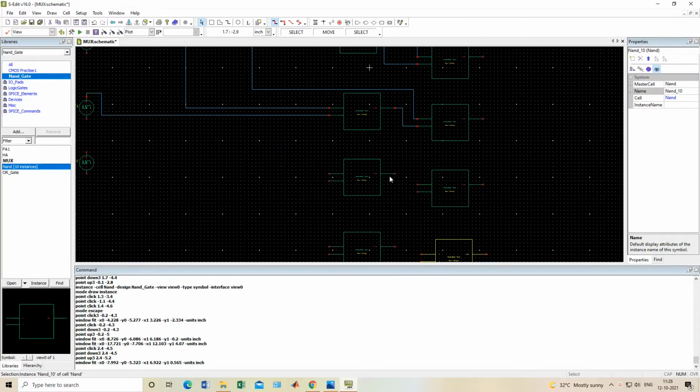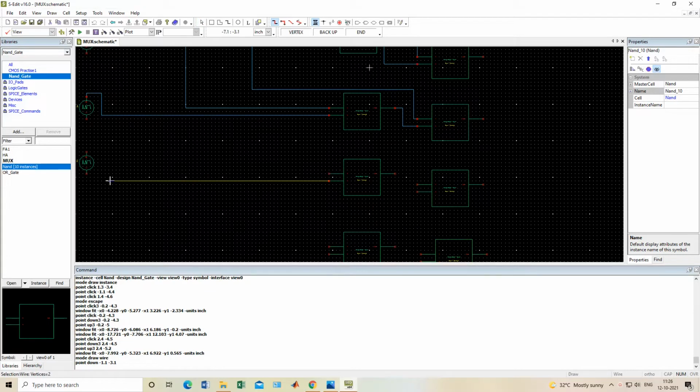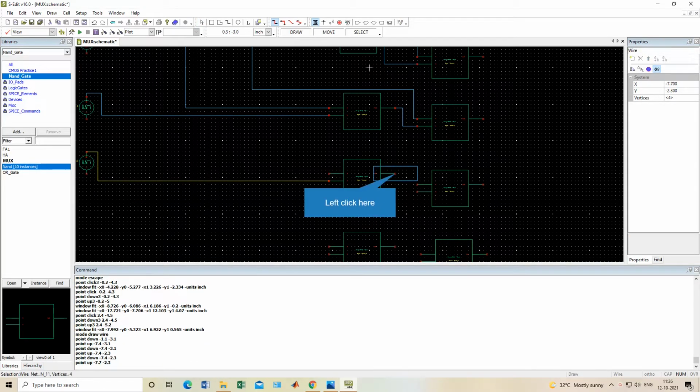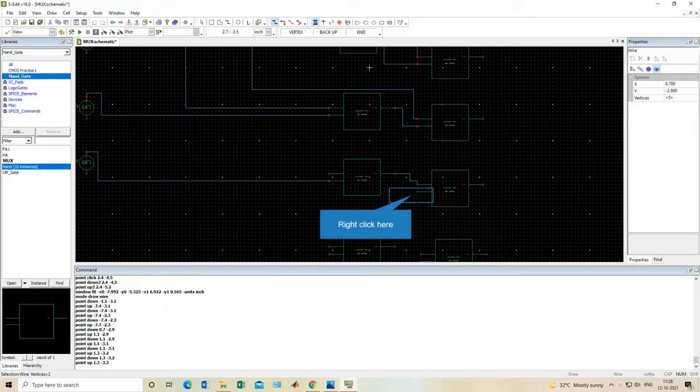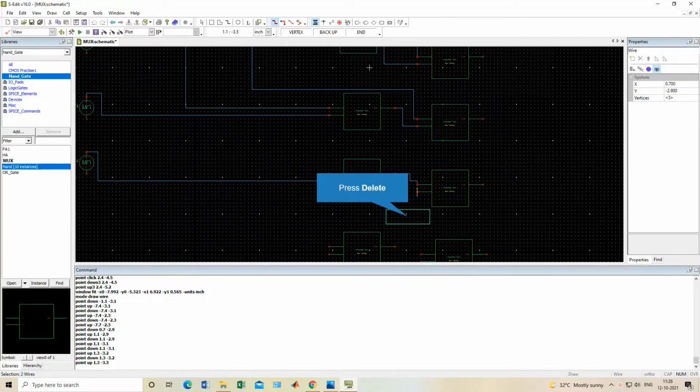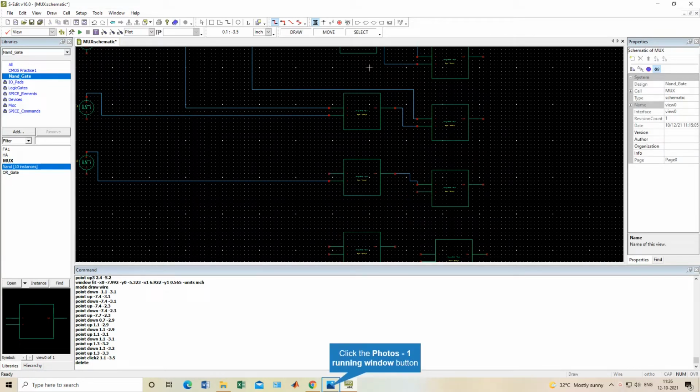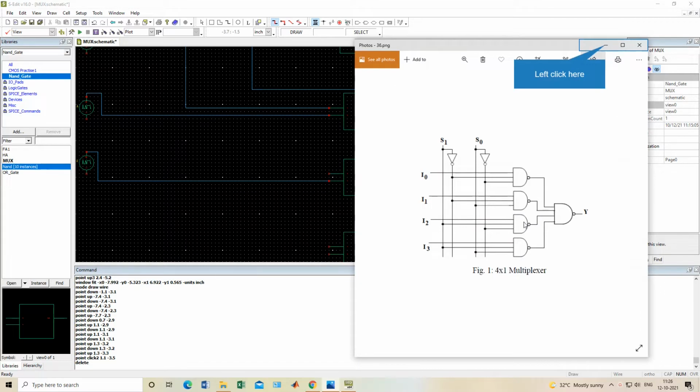I'll connect one input directly to I2, and this is done, and connect one output directly to this. Now in the third NAND gate, you will see I2 is directly connected, S1 is directly connected, non-inverted S1, and inverted S0 is connected.